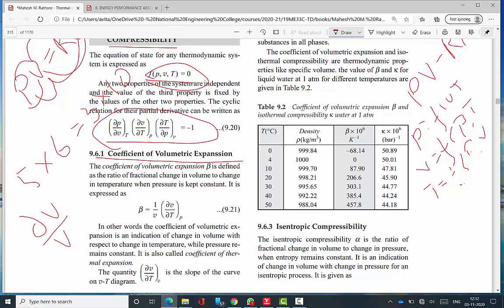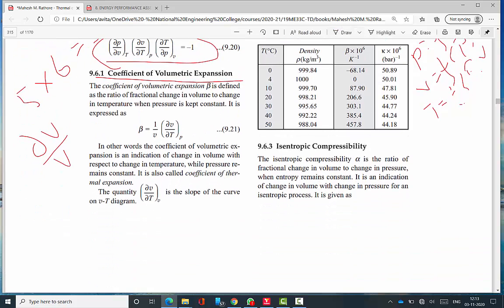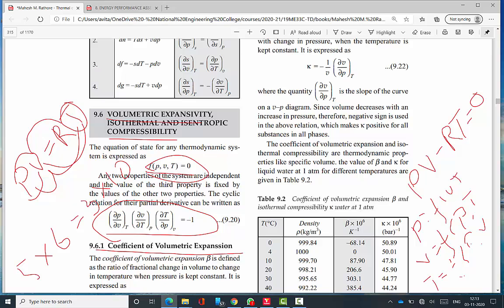In other words, the coefficient of volumetric expansion is an indication of change in volume with respect to change in temperature, while pressure remains constant. It's also called the coefficient of thermal expansion. The coefficient of volumetric expansion is equal to 1 by V into dou V by dou T at constant pressure. Okay, then next,